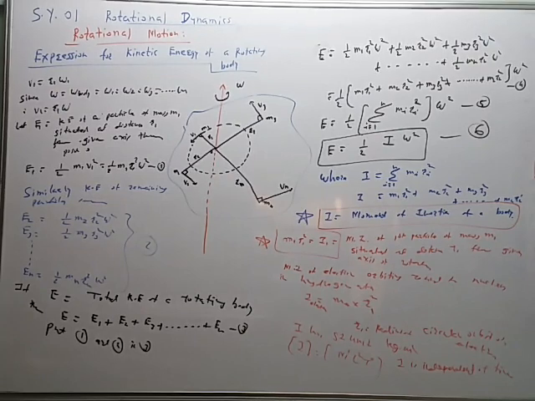Now using the same type of arrangement, we can find the torque acting on the body which produces the angular acceleration alpha in the body. So there is a relationship between torque and acceleration. There is a relation for angular momentum. Angular momentum is a completely new quantity for us. Torque already we have seen last year. Torque is defined as moment of a force like this. So after completing these three relations, kinetic energy of rotating body, torque acting on the rotating body, and angular momentum of the rotating body, we will clear the concept of moment of inertia like this.